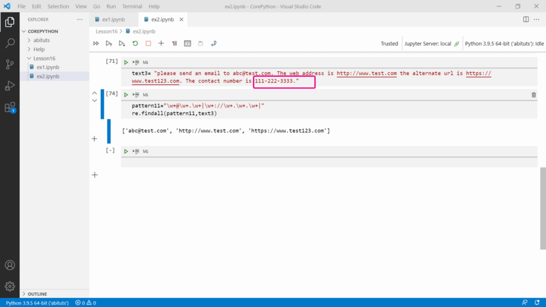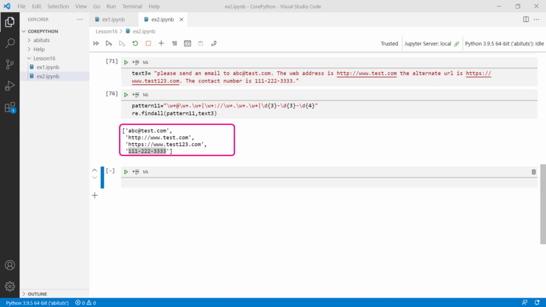If we need to extract the phone numbers as well, then we need to add an additional pipe symbol and add the pattern to extract the phone number. Please note that the phone number to be extracted should fall within our pattern. Else we will have to add a new pattern or we should edit our phone number pattern to accommodate the different phone number format. Run the program and you will get a list of phone numbers, email addresses and URLs in a list. There are also other special characters.